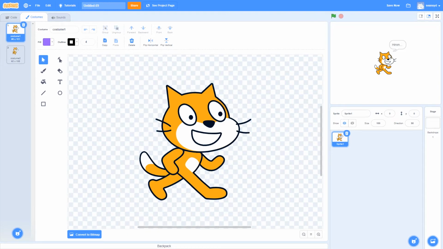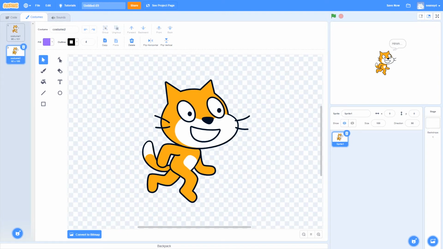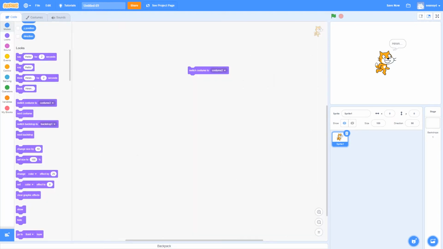So this is costume 1, which is just a normal cat, the normal cat when you open a project. And this one is something different. It's a running cat. Now if we switch the costume to costume 2, look, it changes. The cat is running. And if we change it back to costume 1,